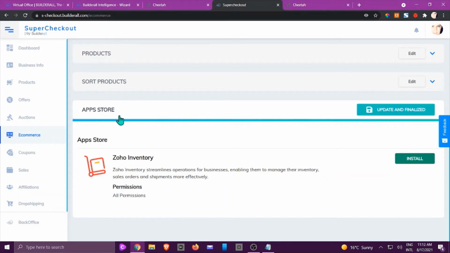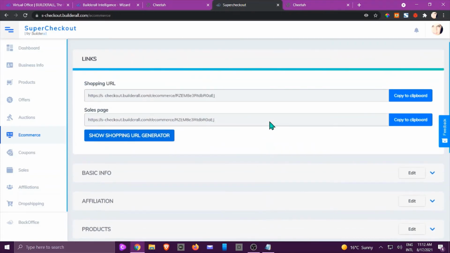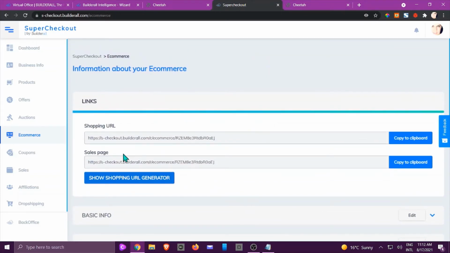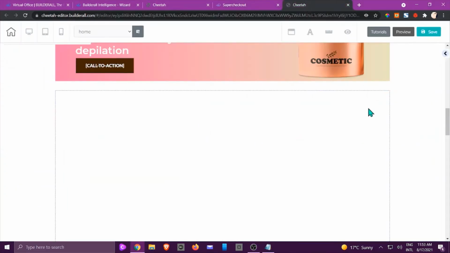But for dropshipping, that's not really necessary because the vendor is doing everything for you. So once you've done all of that, it's ready and it's been set up, and we're going to go to the next step. So now we are going to copy this URL. You can see shopping URL. We're going to grab that, and we're going to go to our Cheetah site, and we are going to add